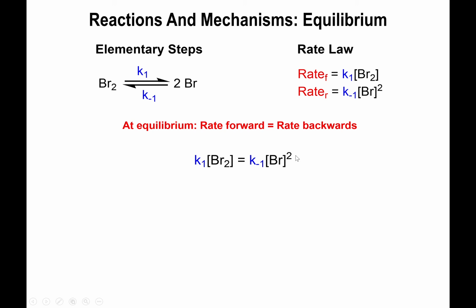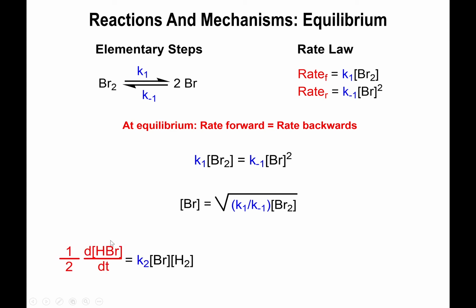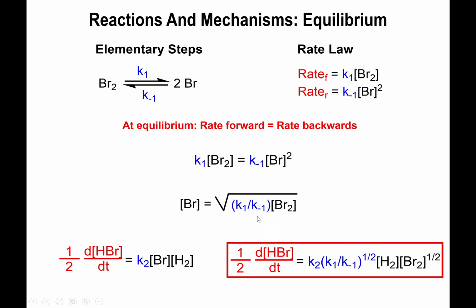And if we solve for the intermediate, the monatomic Br intermediate, we have to divide by K negative 1, and we have to take the square root of both sides. By doing that, we have derived an expression for the intermediate Br, which now we can input into the actual rate law, right? So the rate law is equal to K2 times the concentration of Br times the concentration of H2. So now we input the square root of K1 over K negative 1 times [Br2] into the expression,